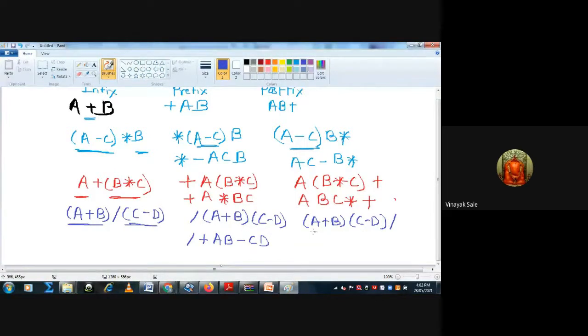Then solve this bracket: a b plus, then solve the second bracket, c d minus, then divided by. These are some examples for converting from infix to prefix and infix to postfix.